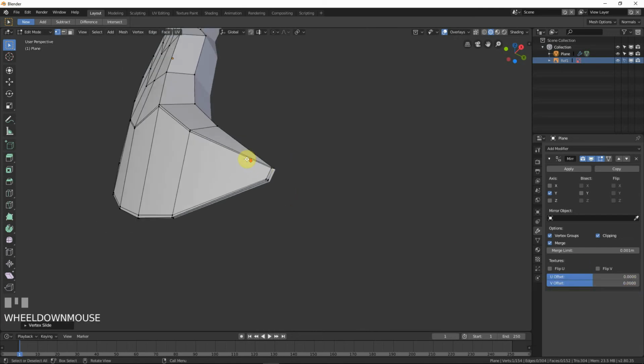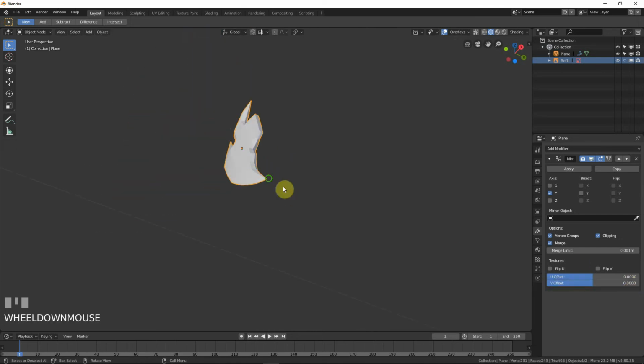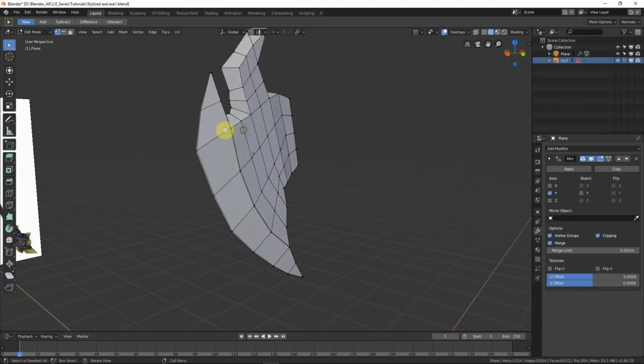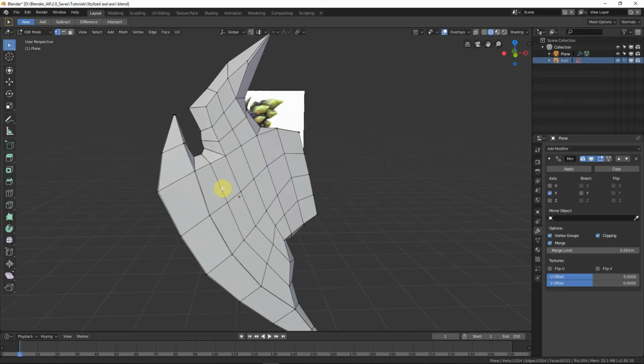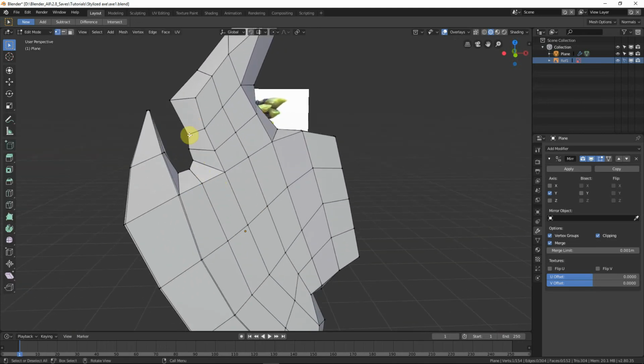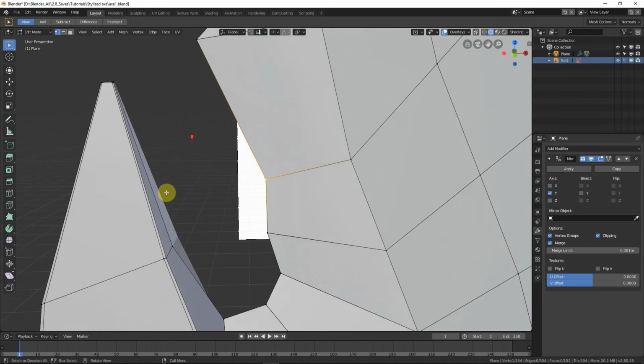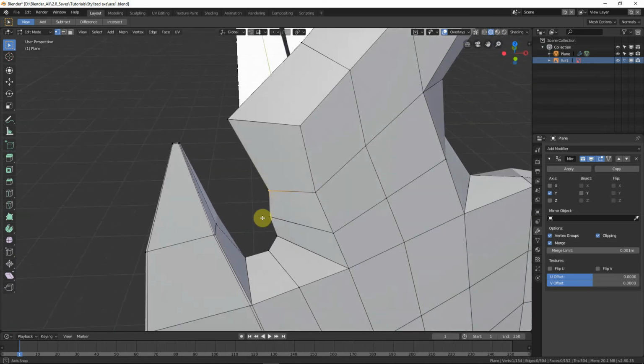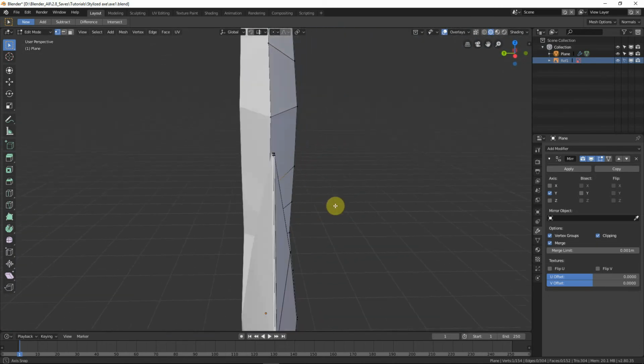Okay, so now that we've got those edge loops in place, we're most likely gonna need a few more before we add this subdivision surface, and I think